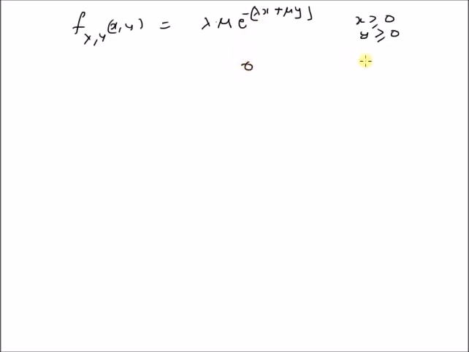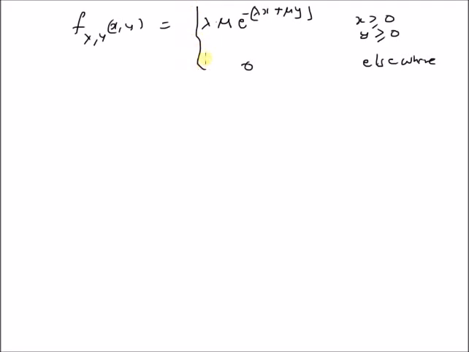Hello, welcome. In this short video, let us look at an example illustrating how to derive the CDF, that is, cumulative distribution function of a derived random variable. Given the joint PDF, that is joint probability density function of two random variables x, y, is given as lambda times mu times e power minus (lambda x plus mu y), for x greater than or equal to 0 and y greater than or equal to 0, where lambda and mu are parameters of the PDF, and it is 0 elsewhere.